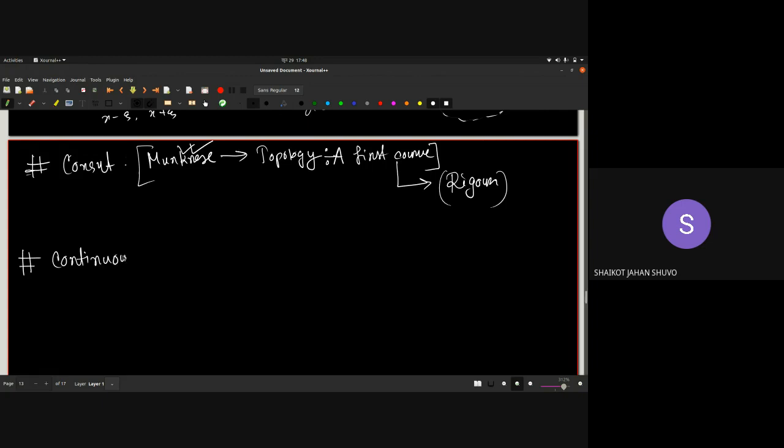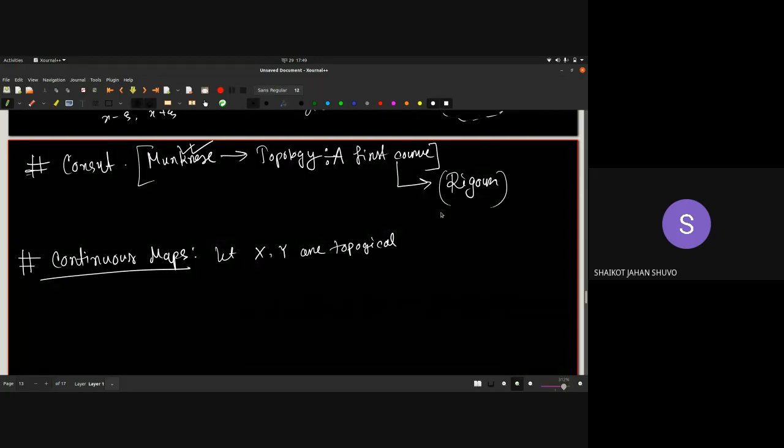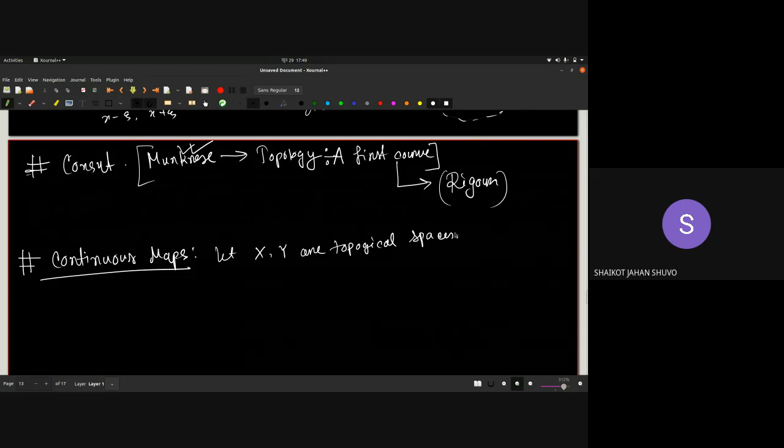Continuous maps. Let X and Y, both of them be topological spaces. They don't have to be the same. They can be different topological spaces, or so to say, two different sets endowed with two different topologies. So topological spaces. Then if I define a map from X to Y,